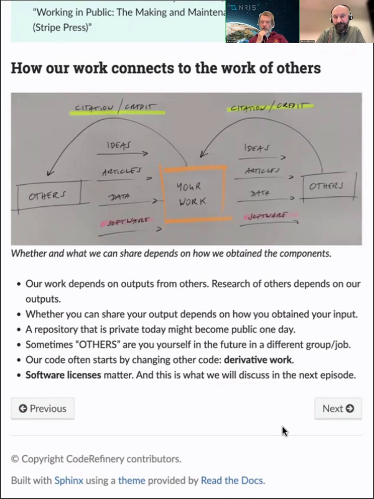Here we see that whether and what we can share depends on how we obtain the components. Your work is used as software by others to write articles and promote ideas, and your work is also dependent on others.